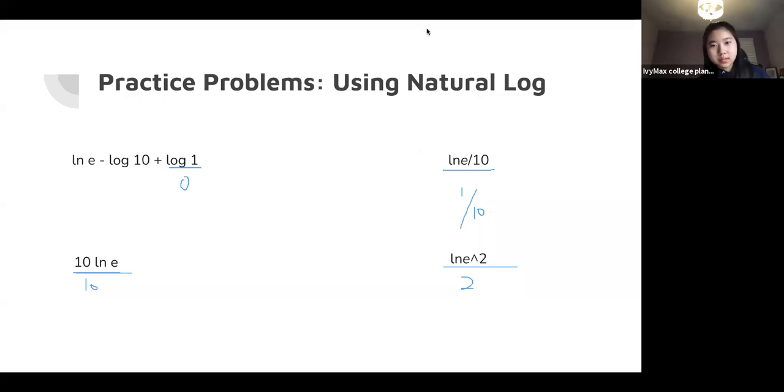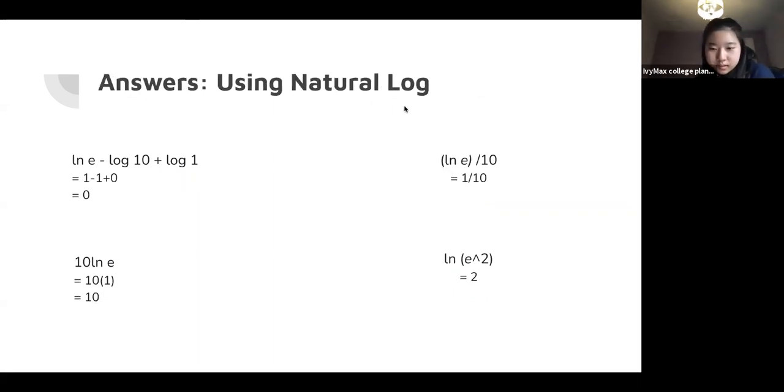Cool. Okay, so let's move on. You can always go back if you didn't understand. So just make sure here. Okay, so here's the answer step by step. So if you don't understand,